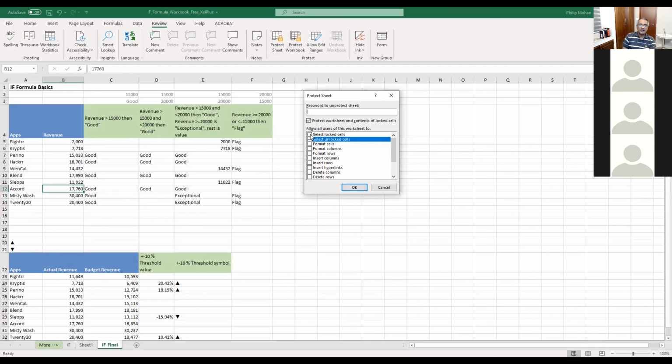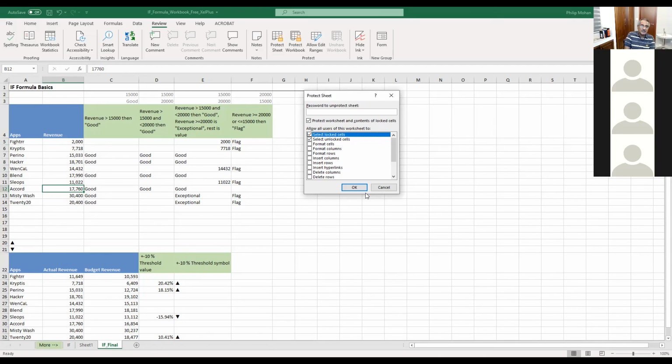But normally the default is these two are allowed, otherwise they get confused because people are used to moving left, right, up and down in an Excel sheet. So they shouldn't get confused and lost. Once they go to the cell, they cannot change it anyway, and the message will come up. But if you just untick select locked cells, then no message comes up, so they might get even more confused. So you've got to make your sheets user friendly. That's important.